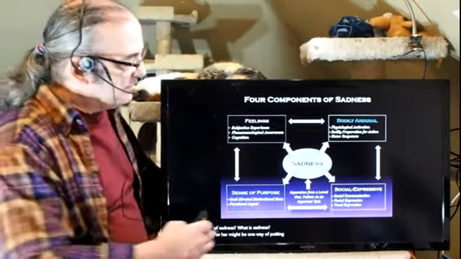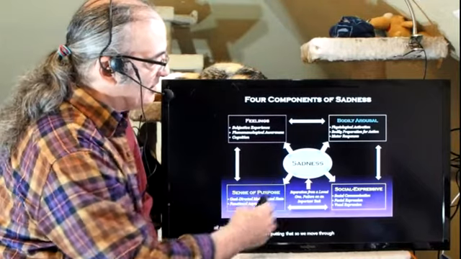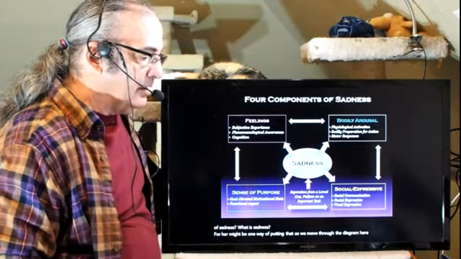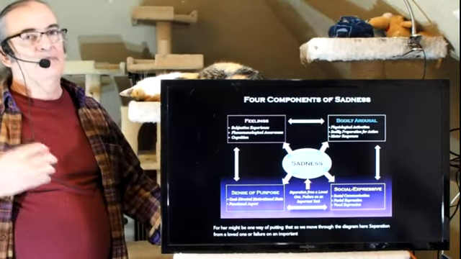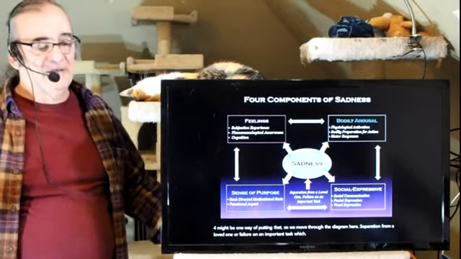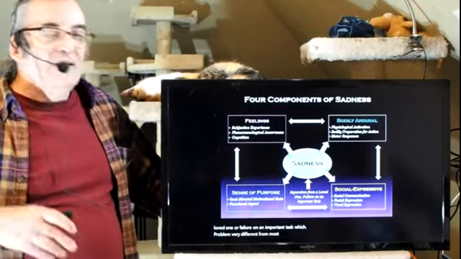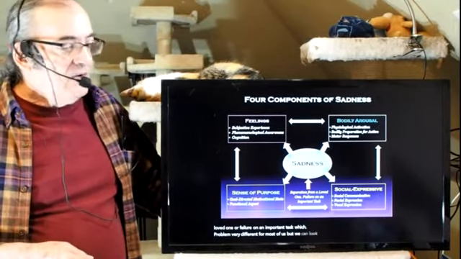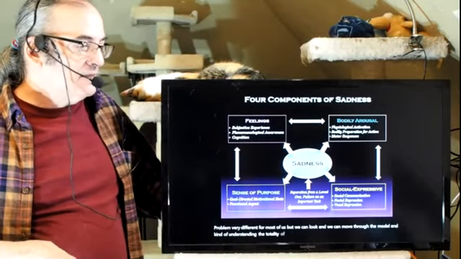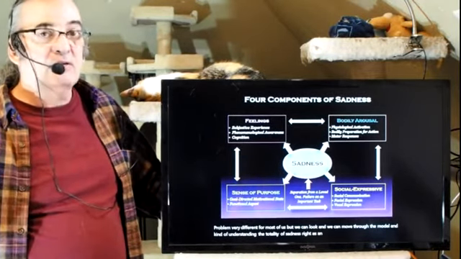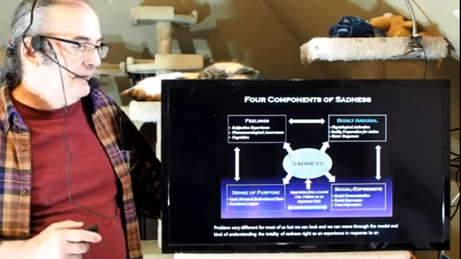Right? So we move through the diagram here. Separation from a loved one, or failure on an important task, which are probably very different phenomena for most of us. But we can look and we can move through the model in kind of understanding the totality of sadness, right, as an experience in response to an environmental stimulus. Now,